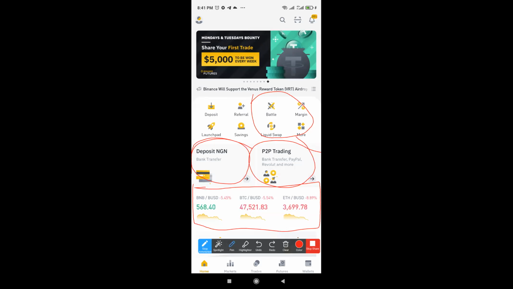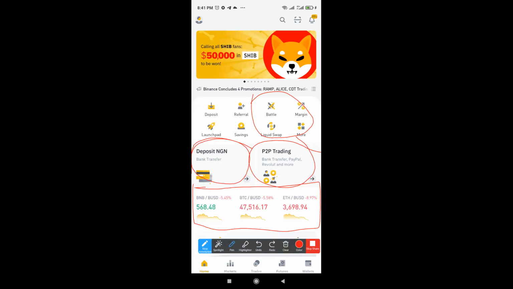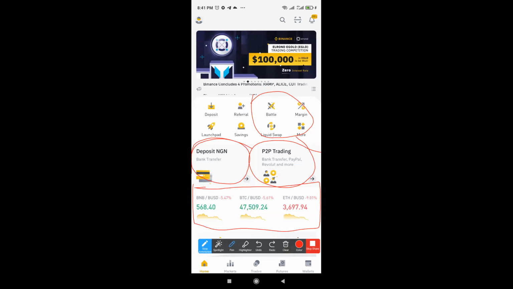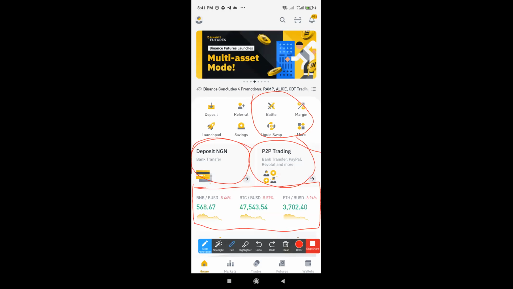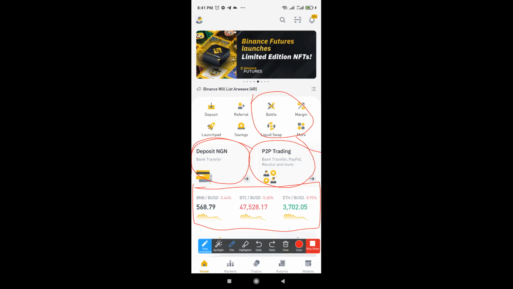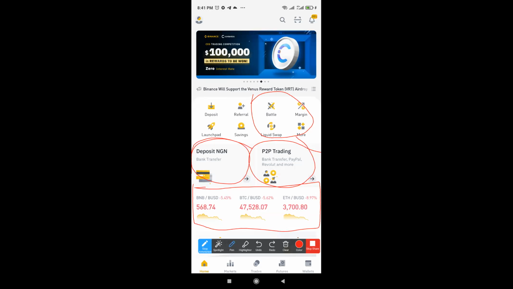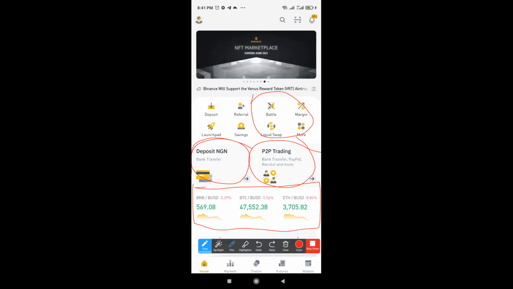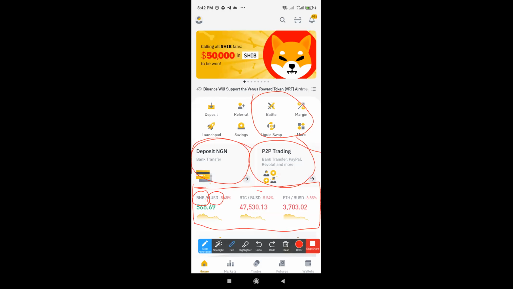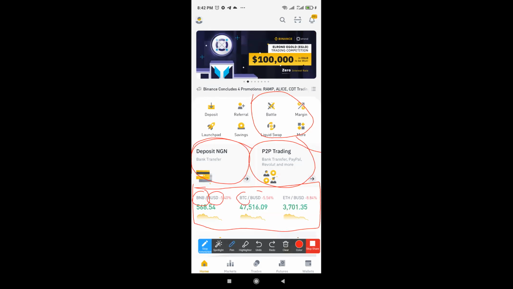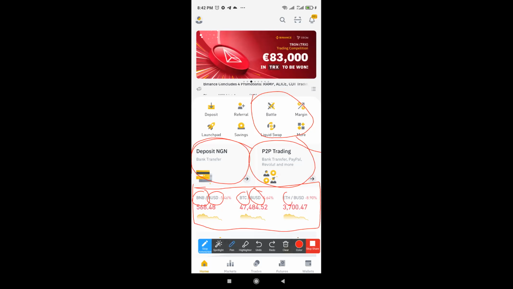Why? Because when we are looking at coins, and this is a very important statement, people look at coins with different other things, but most of the time we look at coins against the US dollar, against USDT. So you see a lot of USD in different formats. For example, here now you are seeing BUSD. BNB is a crypto, so you are seeing BNB against BUSD. You are seeing Bitcoin against BUSD, and you are seeing Ethereum against BUSD.